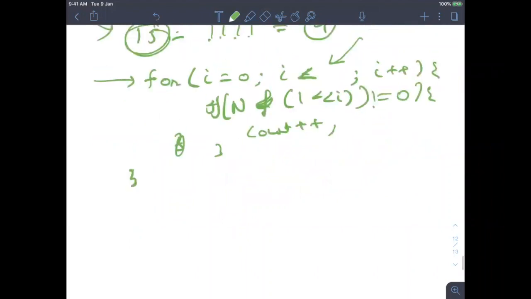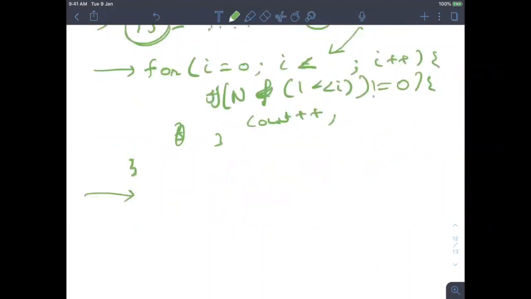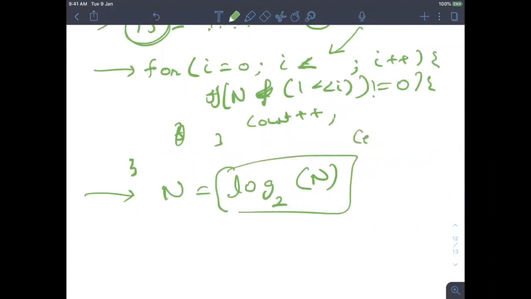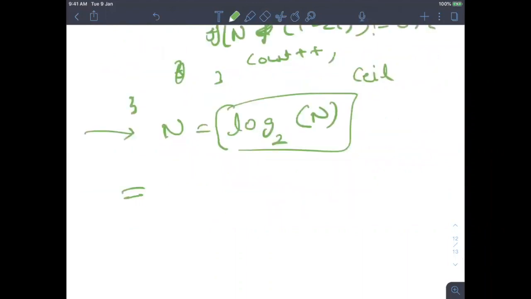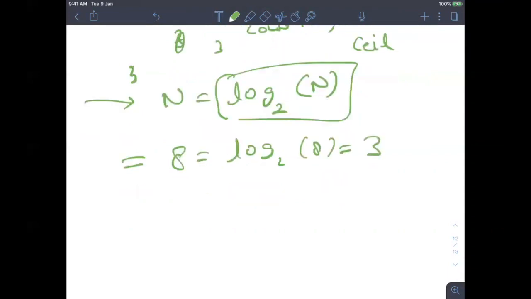Now you must be knowing some maths. If the number is n, the total number of bits will be log base 2 of n, and take the ceil of this. Let's take an example. If you want to find the number of bits in 8, log 2 of 8 is 3. So there are 3 bits.